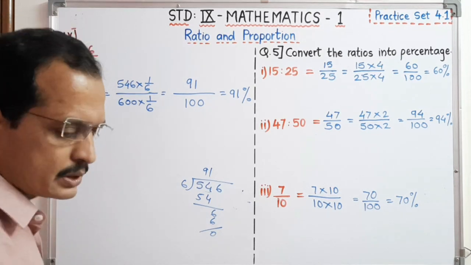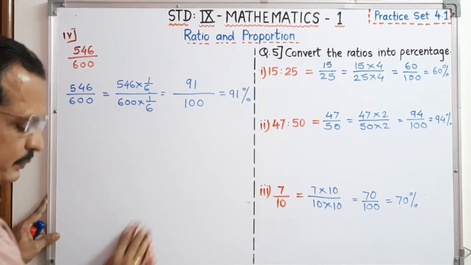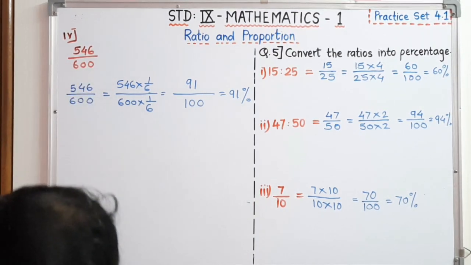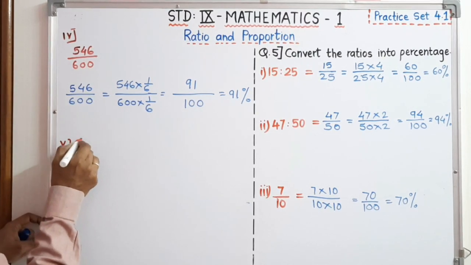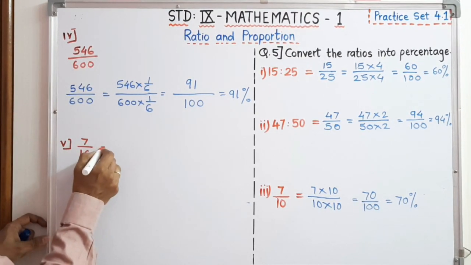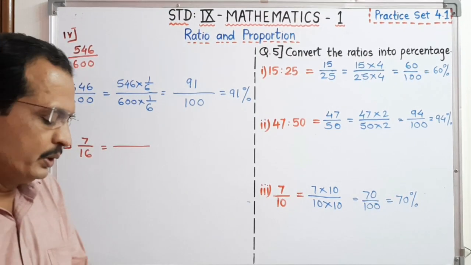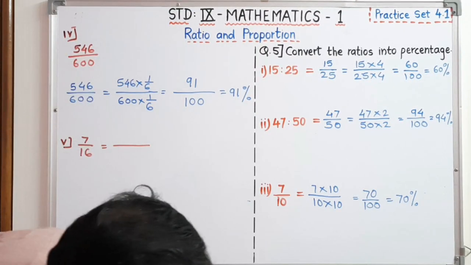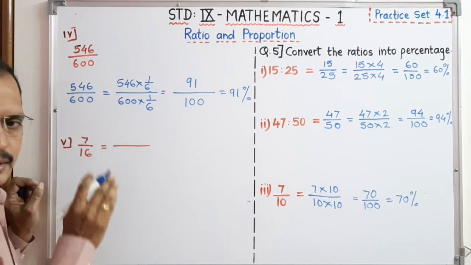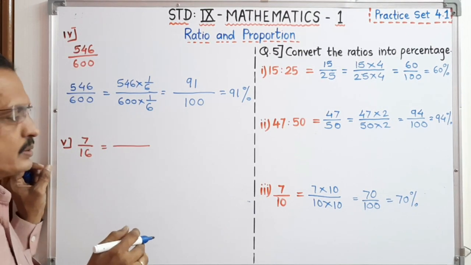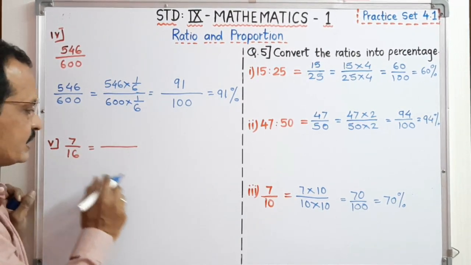Now dear students, we have to see the fifth one. In that, it is 7 upon 16. 7 upon 16. Now dear student, what we have to do? See, a very simple trick is there. See here, we require here 100. For that purpose, what we have to do? See here, 7 upon 16. See here,